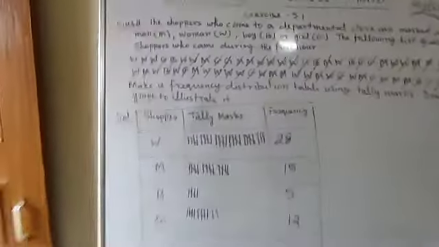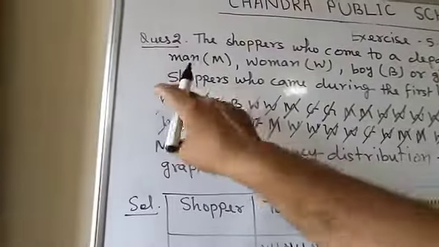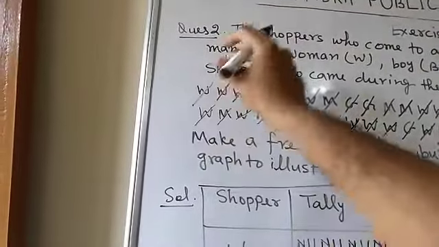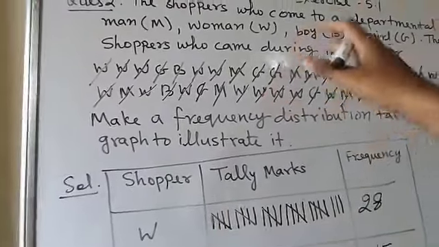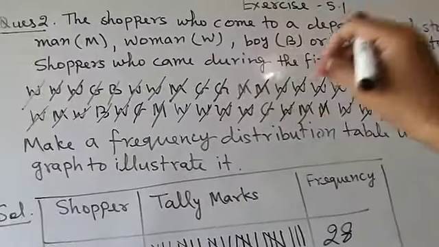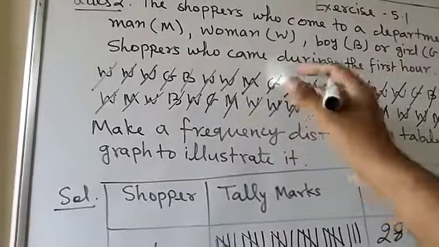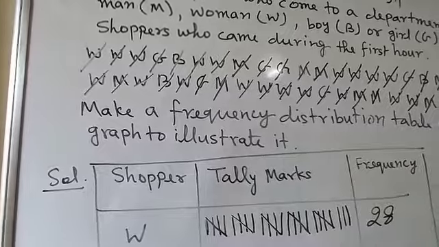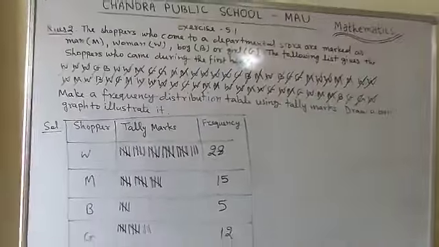So students, if you are going to apply that way, there will be no mistake. If you cut one value with the help of a pencil in your book, and after that you represent the tally marks, if you follow this way, there will be no chances of mistake. Sometimes if you do not cut, one value is represented 2 times, or any value may be left. So here you need to apply that way.